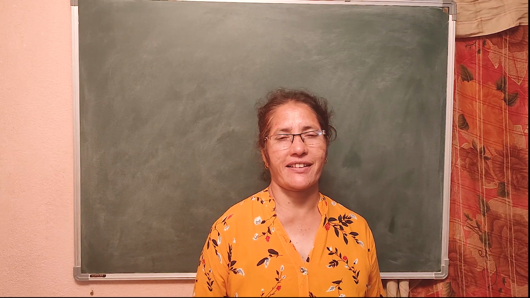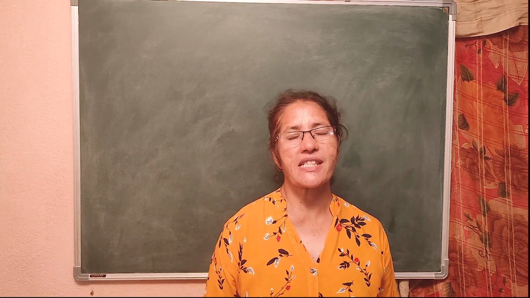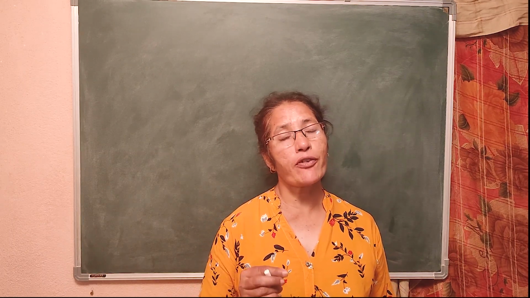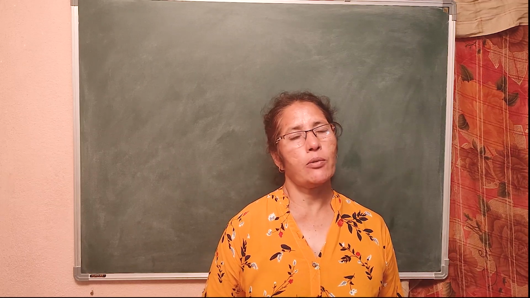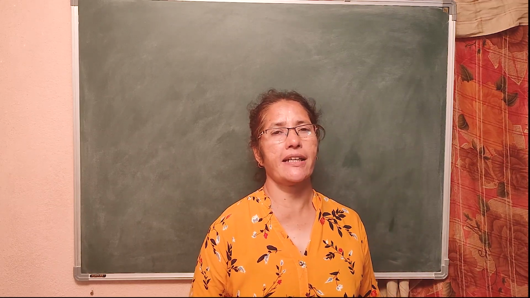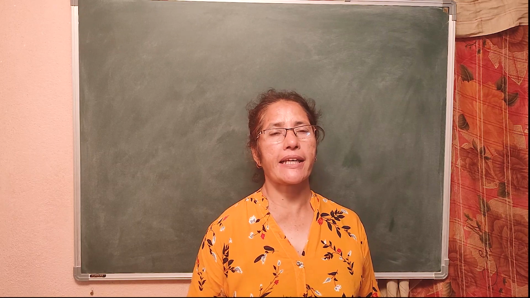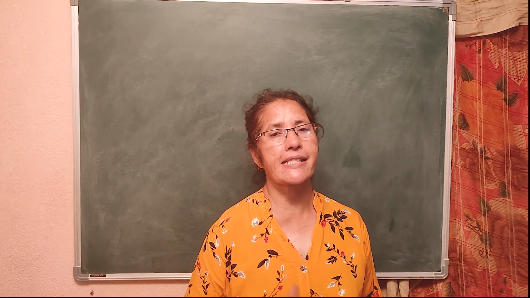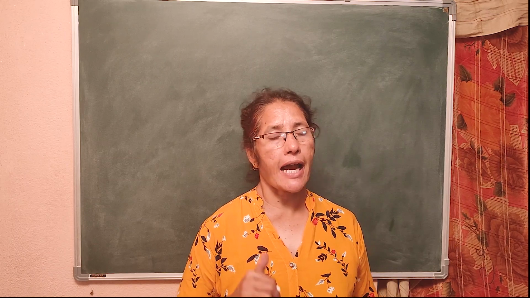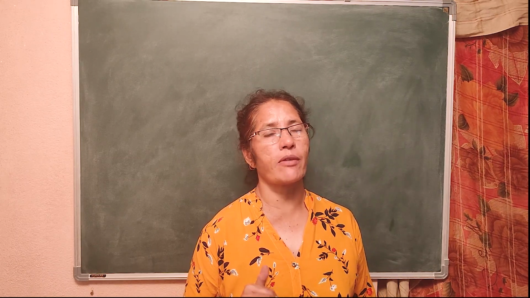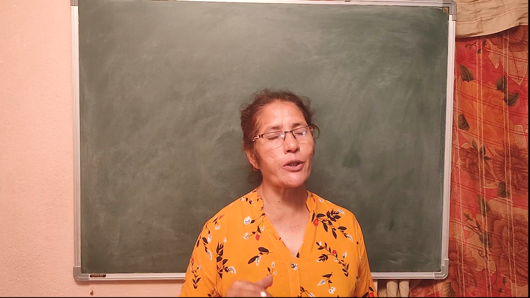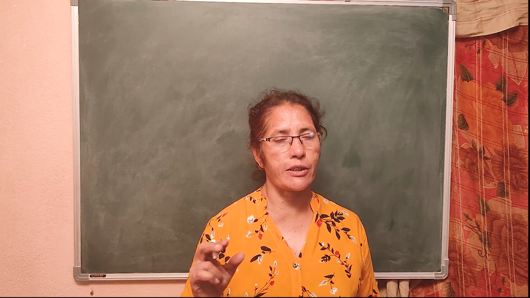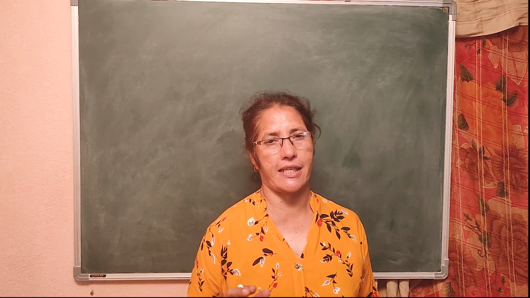Hello everyone. In the last class, we studied the criteria for similarity of triangles. What are those three criteria we studied? AAA similarity criteria, SSS similarity criteria, and SAS similarity criteria. And based on that, we solved some of the problems. Let me continue with some more problems based on these three criteria.